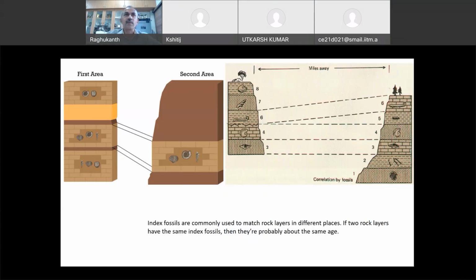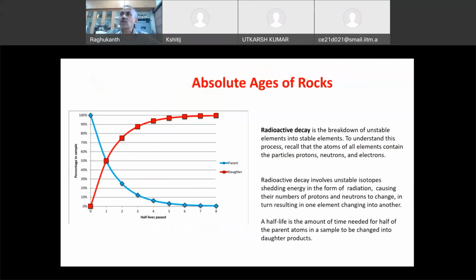relative ages basically. Okay, and now relative. So Steno's laws of stratigraphy will tell you only about the relative age, like which is younger, which is older, which is the oldest only. But if you want to know the absolute ages, like the top rock is 10 million years, the bottom one 20 million years, 30 million years, 40 or 50 or 100. So then if you want to measure the absolute age, this radioactive decay has become very popular